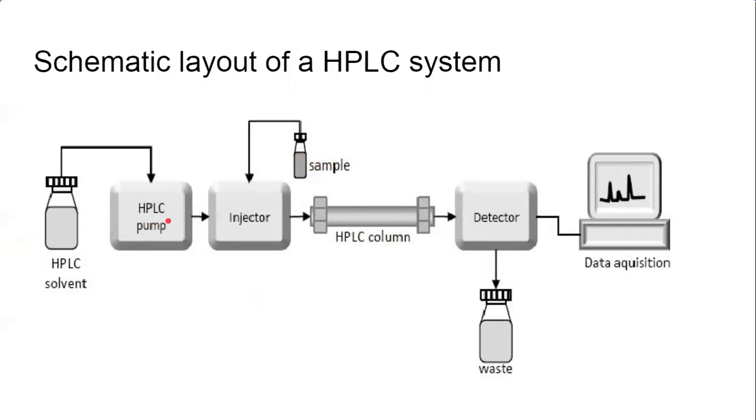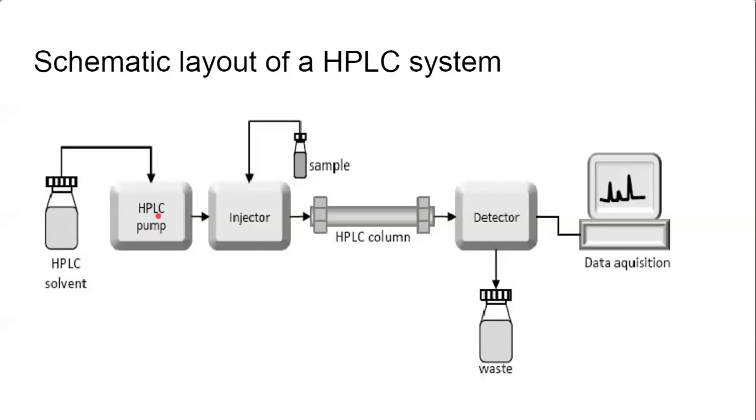So this is the HPLC pump. The duty of this pump is that it aspirates, it takes the solvent from this solvent reservoir or mobile phase reservoir, and then it sends it into the injector and the HPLC column. How? By applying force or pressure. When we apply pressure, the flow rate of the mobile phase is much faster. So one of the advantages of HPLC is that it is a very fast technique. It takes less time, which is its advantage over ordinary column chromatography.